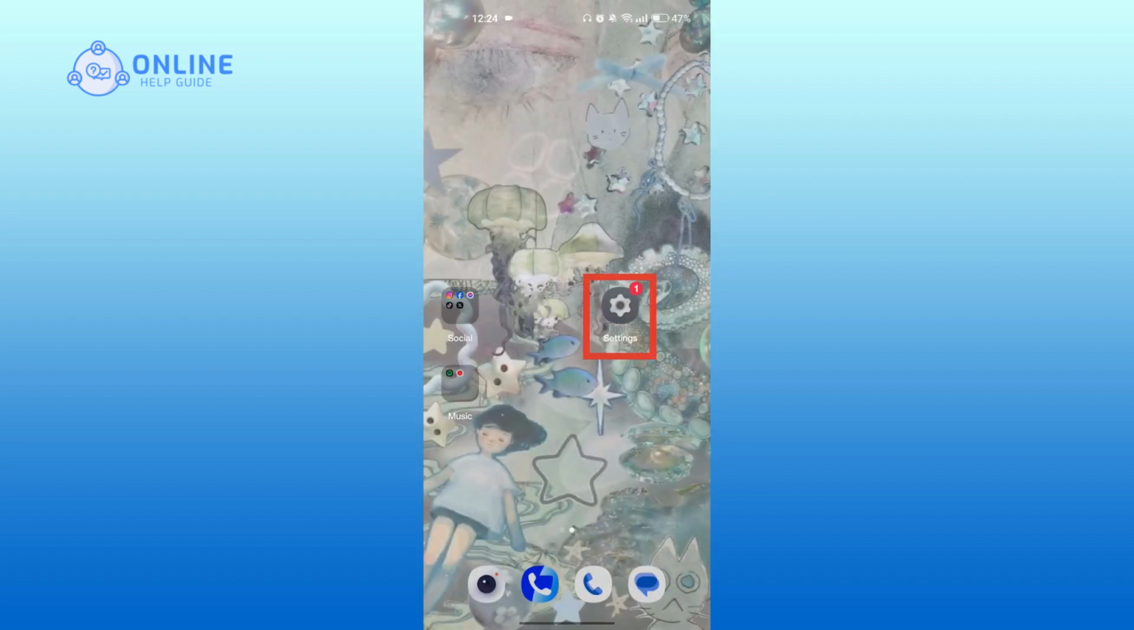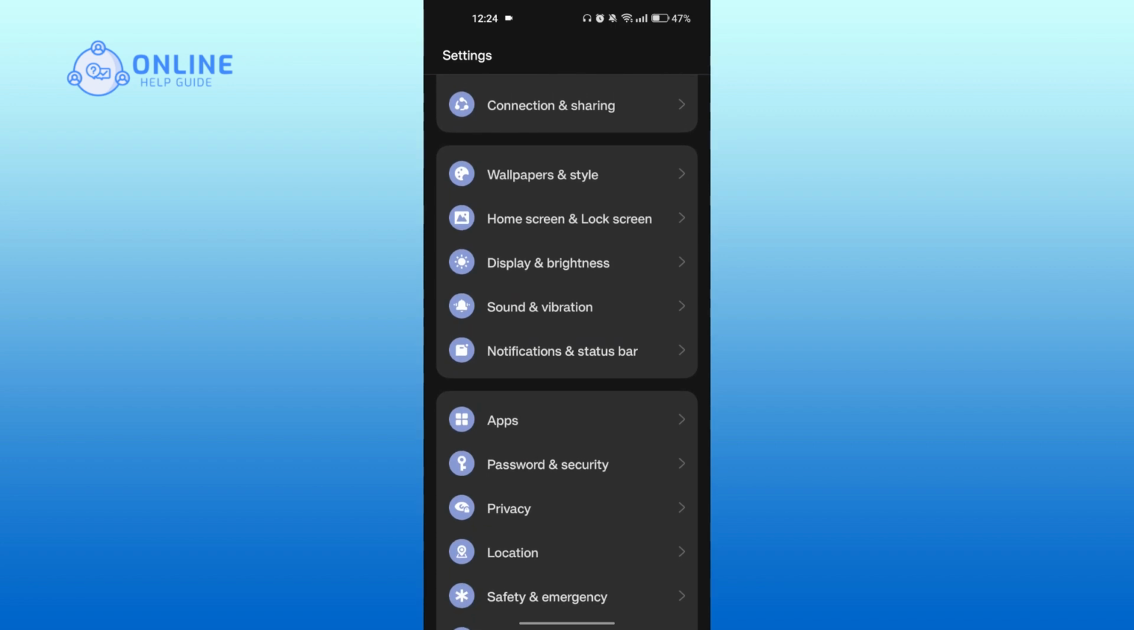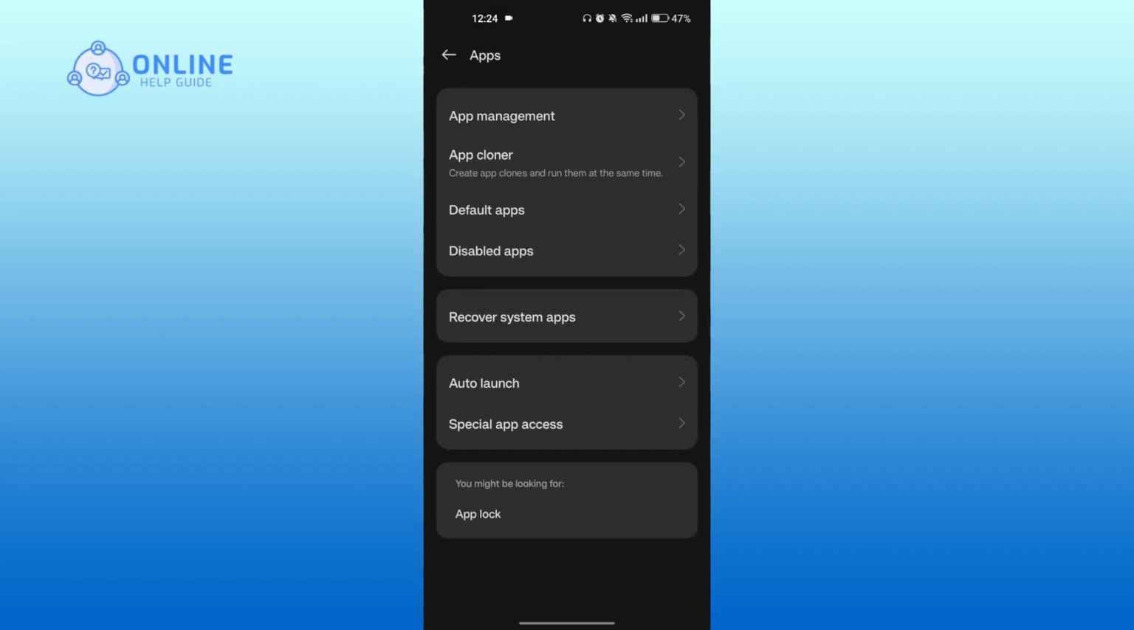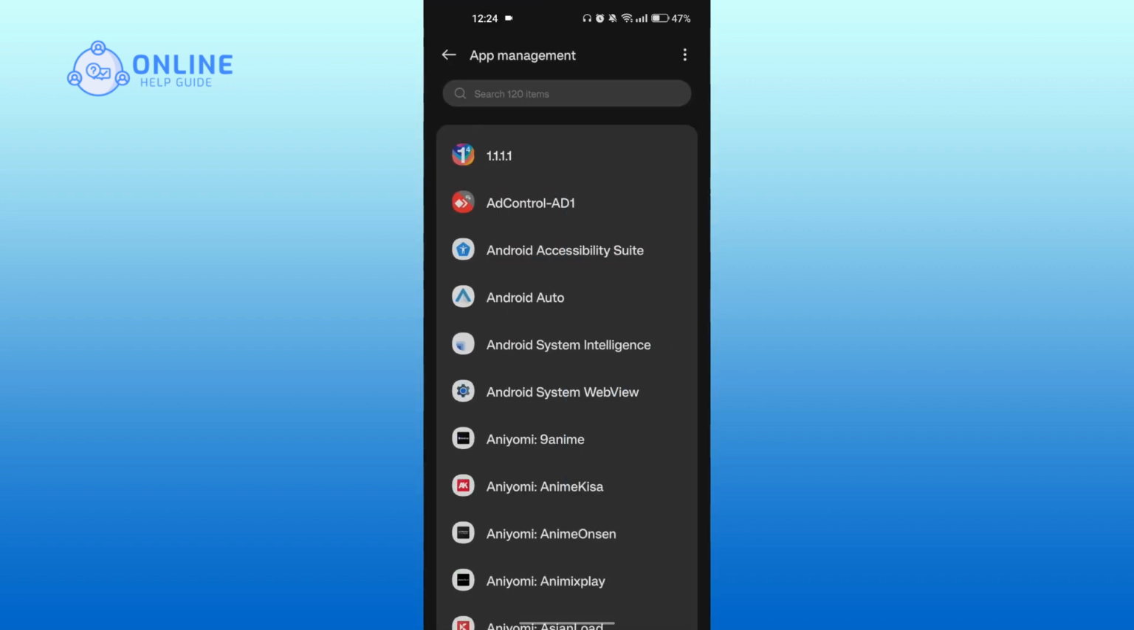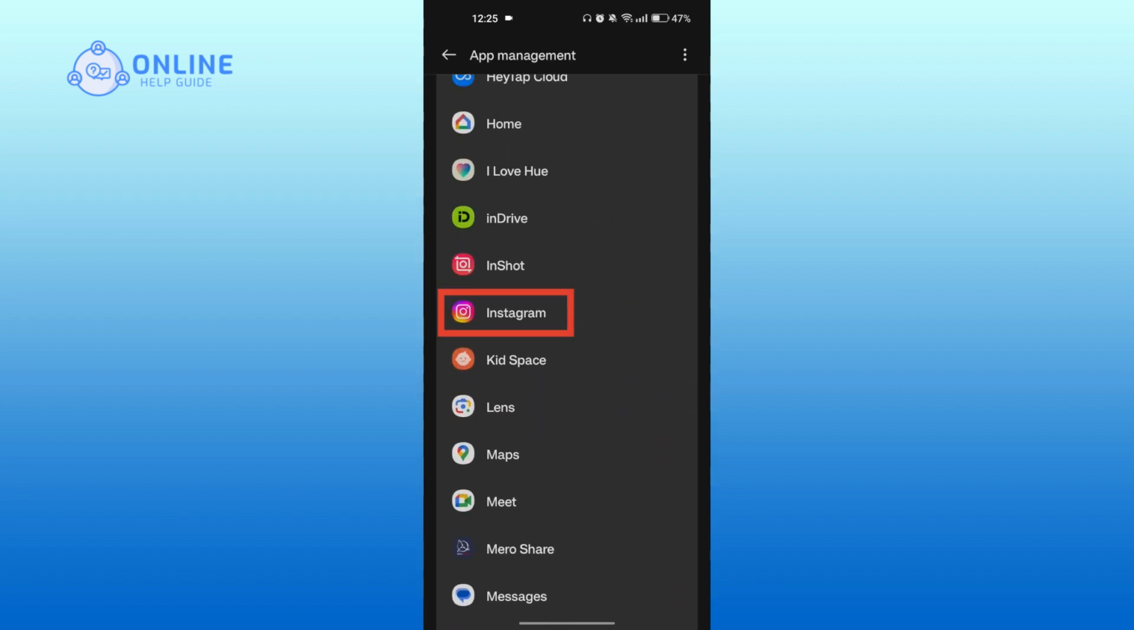go to phone settings, scroll down, tap on apps, go to app management, search for Instagram, tap on it,